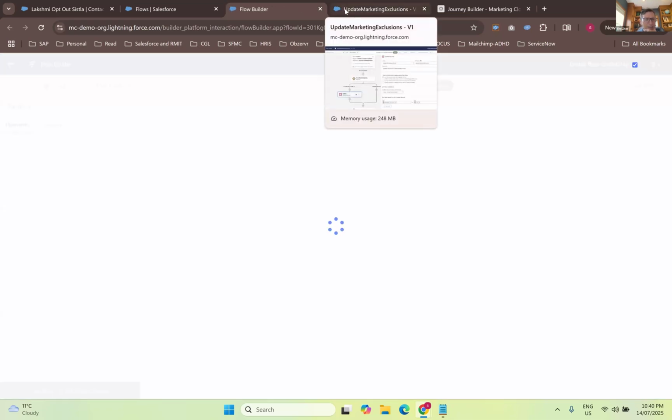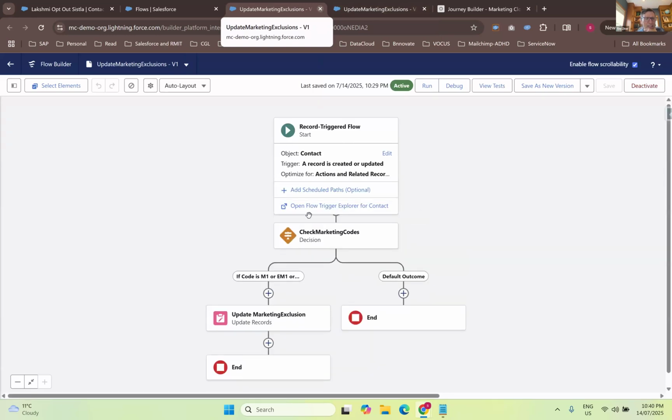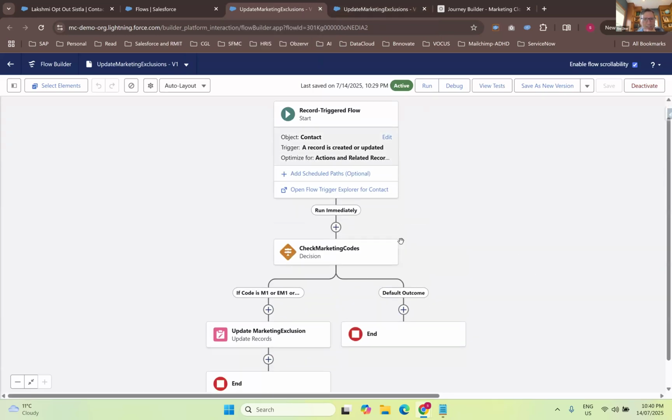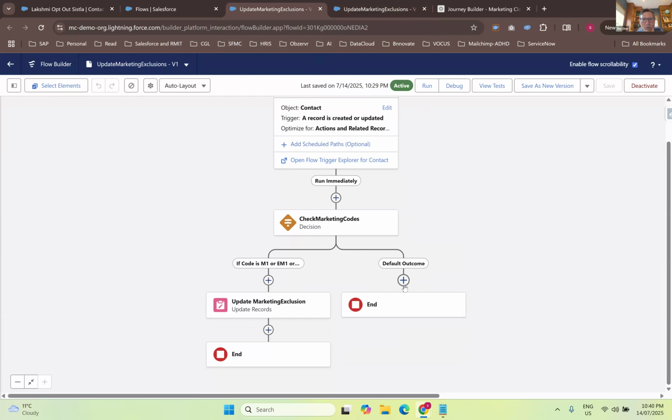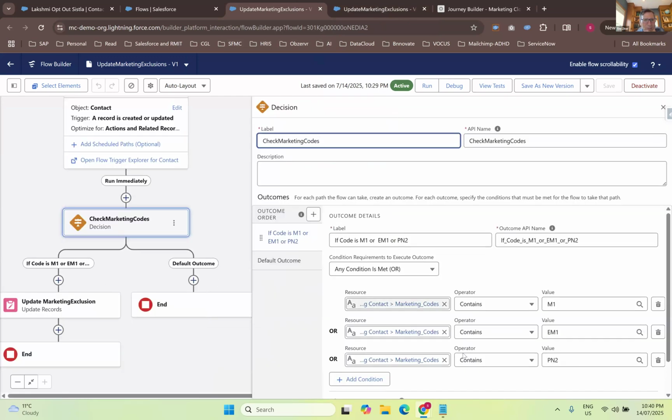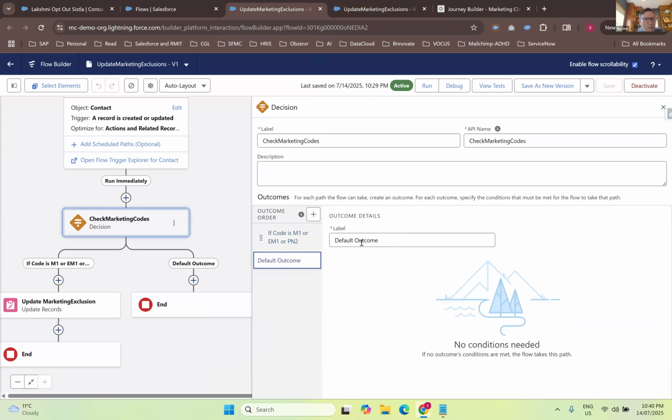So let's go back into that, and maybe we could add another functionality in the default outcome. Let's go into that default outcome. If we click on the plus,